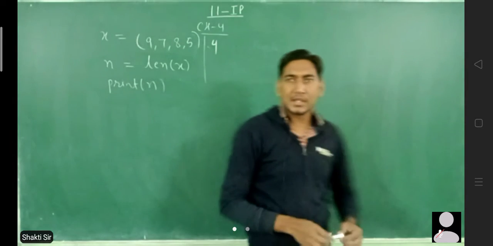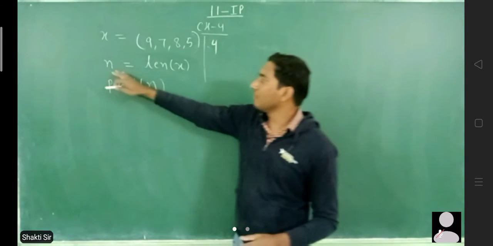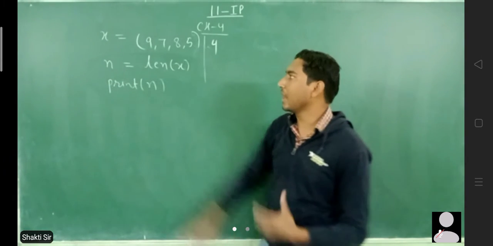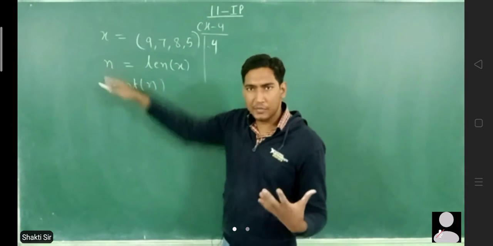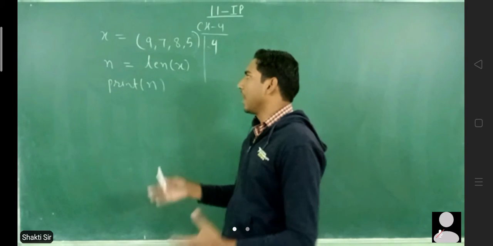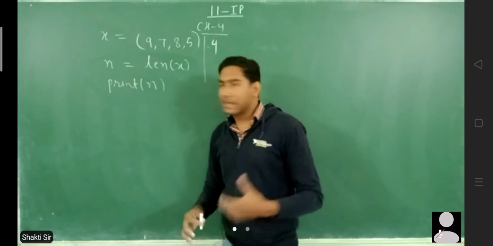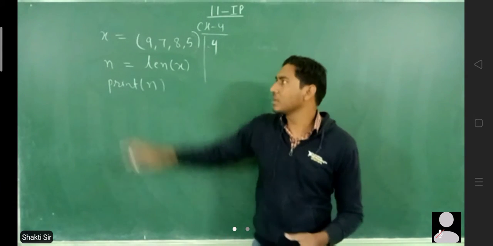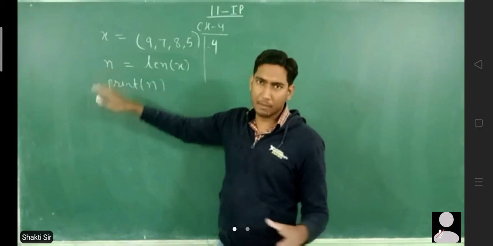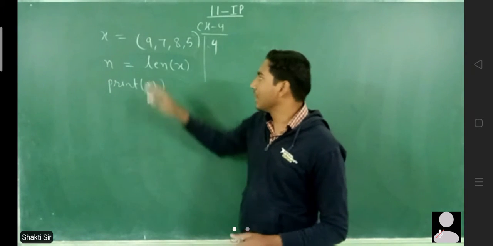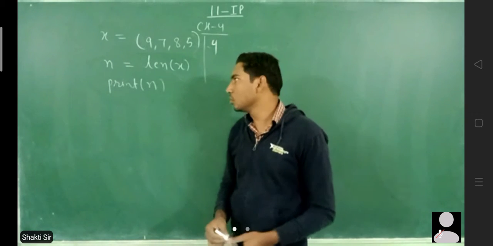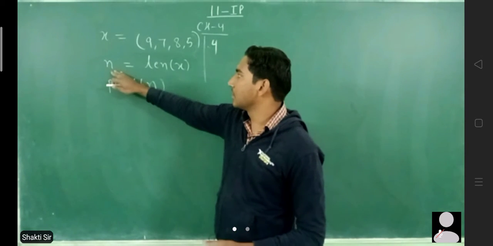So now you can see I have taken a variable n. Instead of n, I can use any other variable, like a, b, c, d, e, f, g, h, any other variable, or any other string like help, or hello world, something like that. I can use any kind of variable name here, but because len x returns the number of items, we usually use n as the number of items.